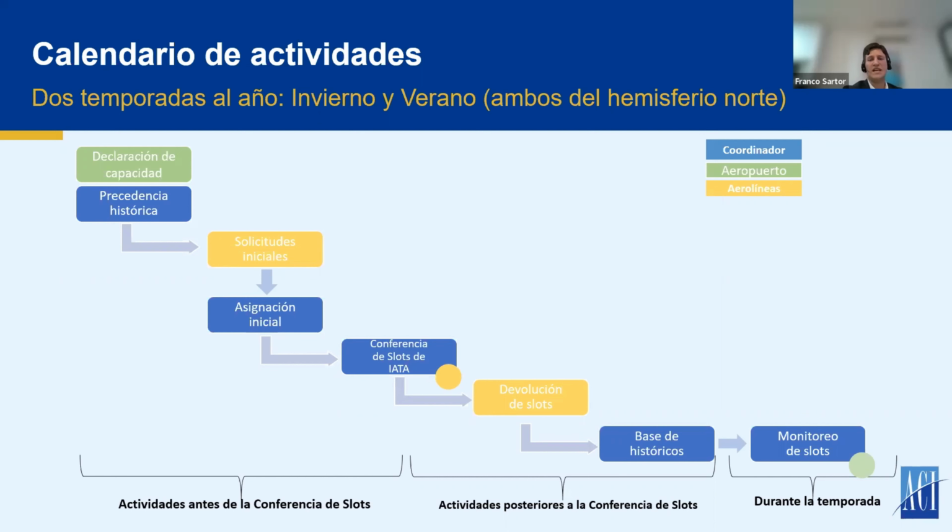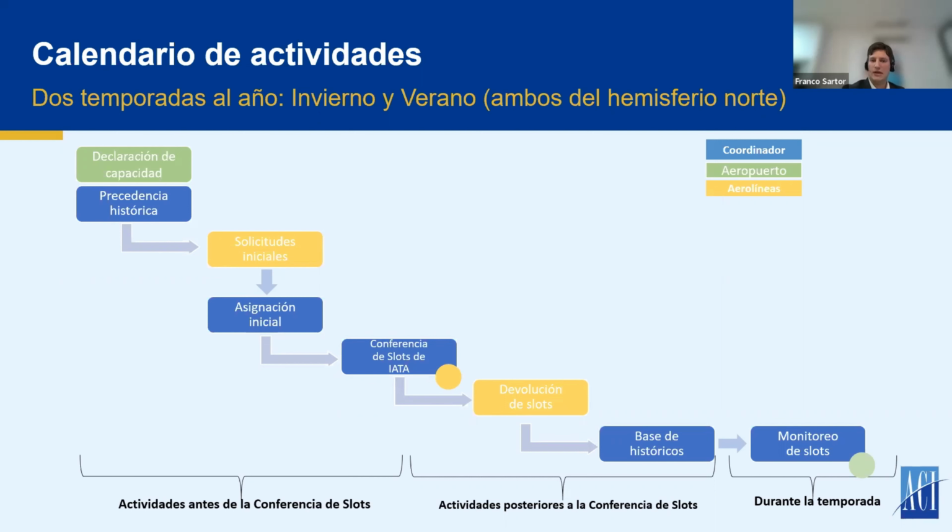Around 2.5 months before the start of the season, the airlines must make the decision in regard to what slots will remain and those that will not operate. Well, and those that they will not operate, they should return them to the coordinator so he can reassign these slots for those that can use them. And here we also see